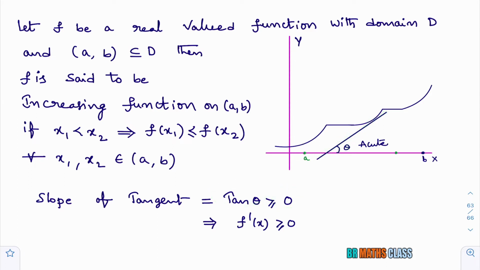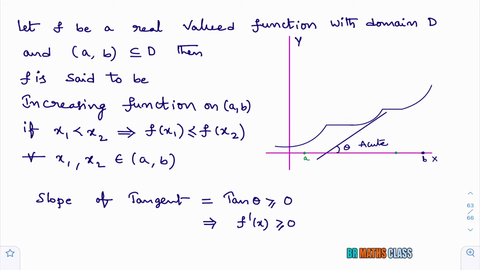But at the same time, if I take a point here, when the function is stationary, we know that f dash of x will be 0. When the function is stationary, at these points, f dash of x will be 0. So that's why I wrote that if the function is an increasing function, then f dash of x is greater than 0, we know. Suppose you take a point here, it is an acute angle, tan theta is positive, so f dash of x is greater than 0. We get greater than or equal to when the function is stationary, at that moment f dash of x will be 0.